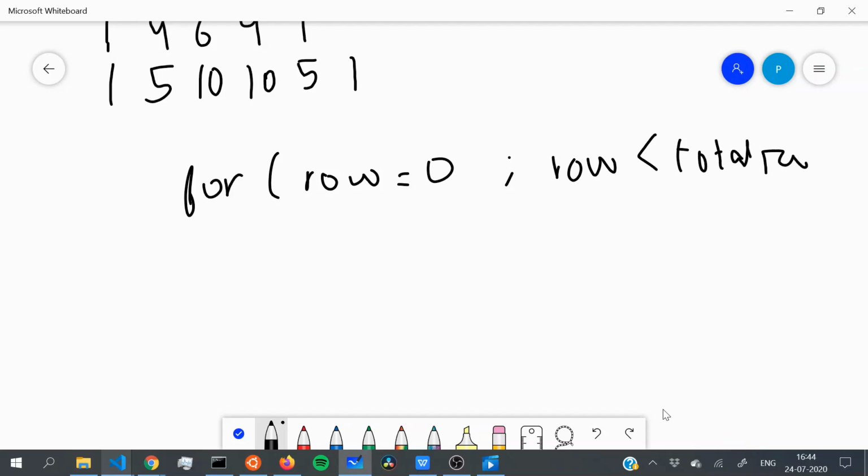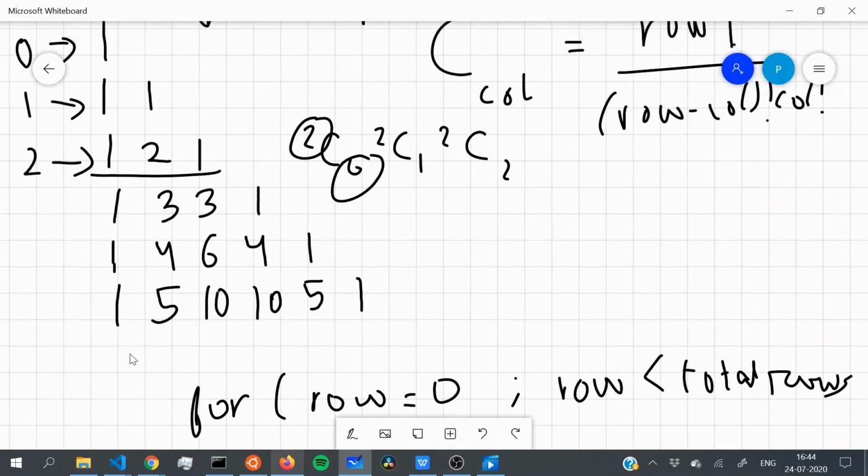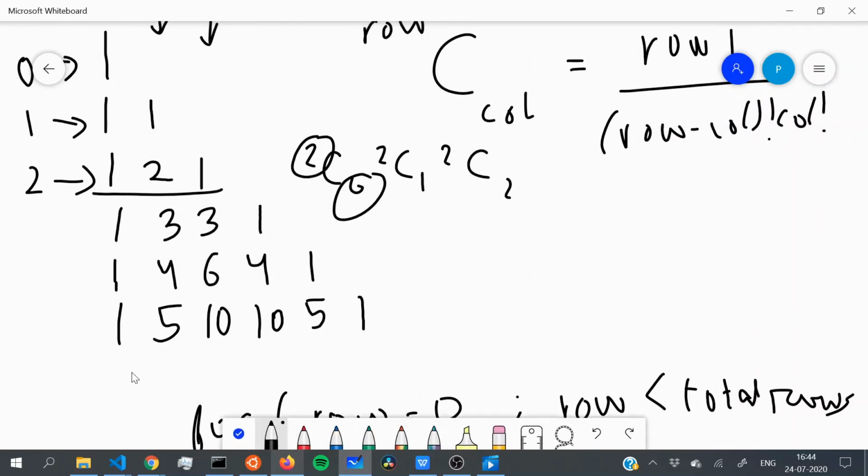Why do I say that? Because our rows are actually starting from 0, right? So if the total number of rows is 6, our row should actually end at 5, as you can see right here.